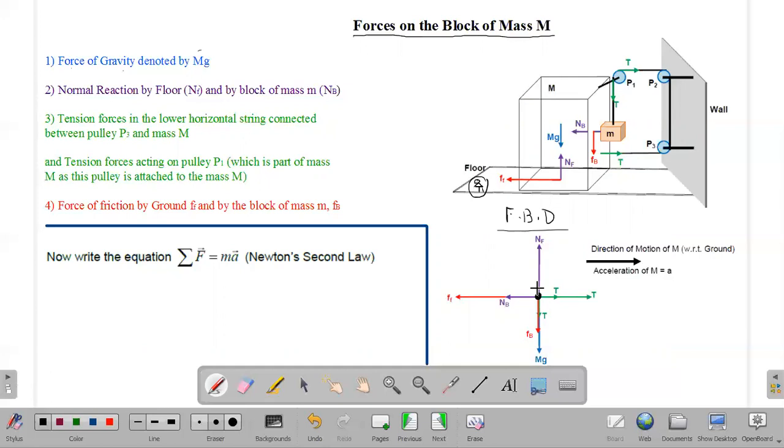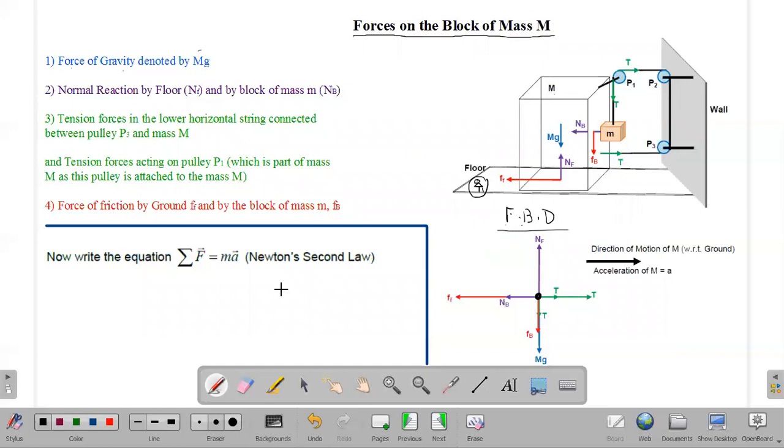Since we are studying Newton's law of motion for a single particle, but this is a cubical shape object, while applying Newton's law, you have to consider that all the forces are acting at a single point because the object is considered to be a particle. And that is the reason why all forces which we have considered on the mass of capital M are collectively shown at a single point, and this figure is known as a free body diagram of the object.